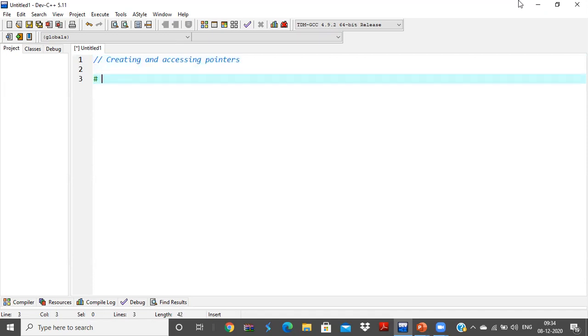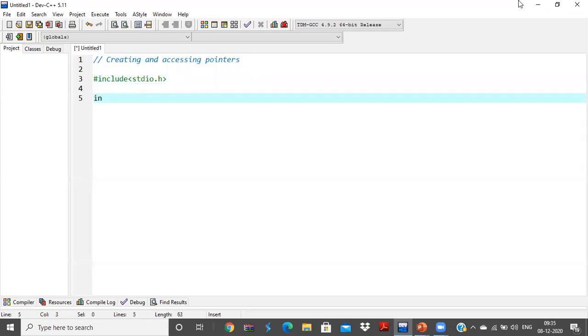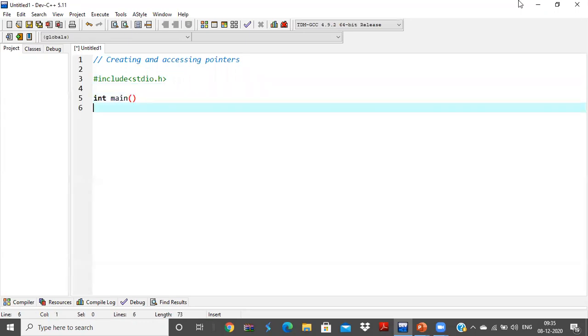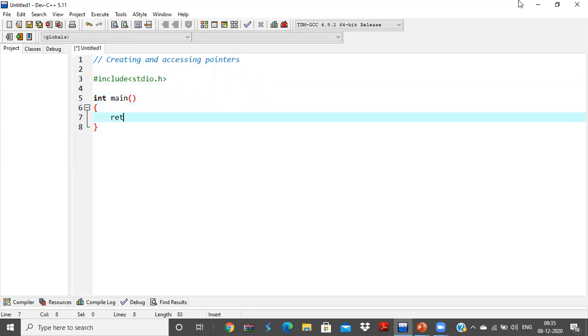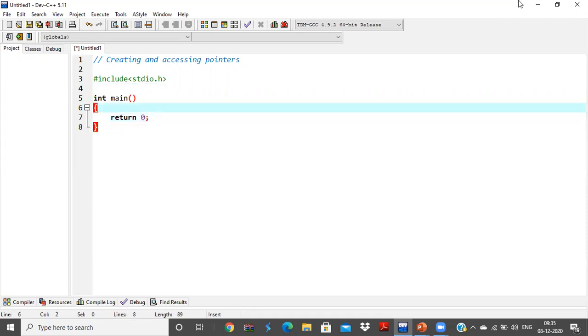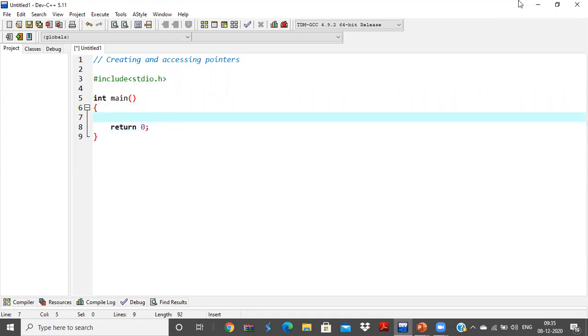I'll include the header file #include <stdio.h>. Then I go into my main program, in main. These things are more common, and my skeleton of the C program is now ready. Right now, I'm going to declare a normal variable. My variable name is num. This num is going to be an integer variable which does not have any constant value assigned, and it will